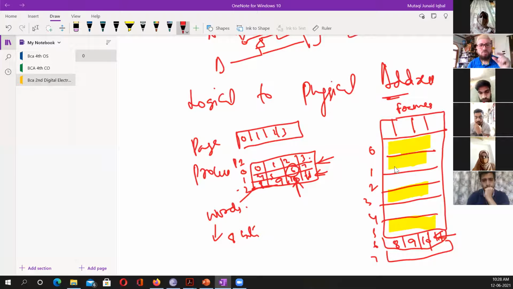I don't want boundary to boundary attachment. I don't want Pakistan to be adjacent to India, boundary to boundary touch. I can load anywhere. I don't need contiguous. Contiguous means where the boundaries touch each other. So here I don't care about that, right?